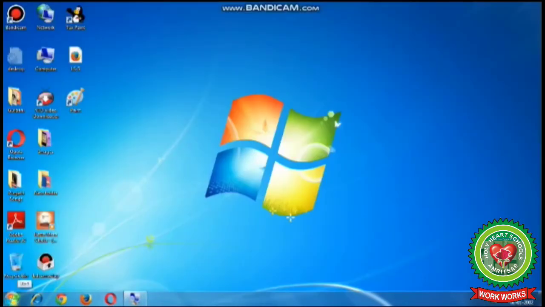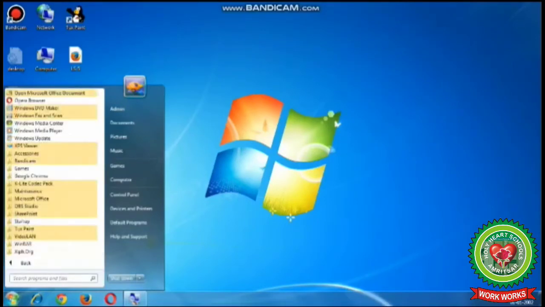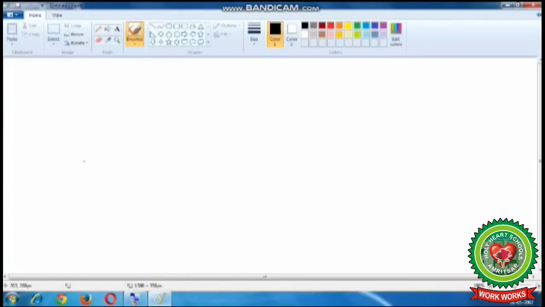So here number 1 is click on Start button. Next, click on All programs. Number 3, click on Accessories, and after that click on Paint option,